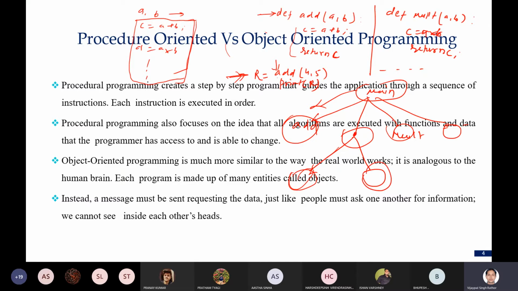So this is where we are writing a program according to the procedure. This programming paradigm is called procedural oriented programming, where we mainly focus on writing the procedure for performing any operation. That programming approach is called procedure oriented programming.